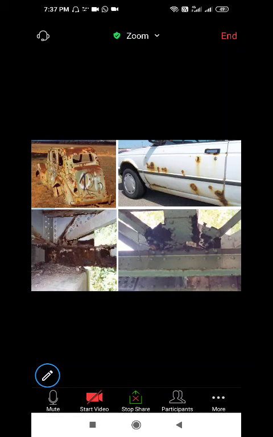The rusting of iron makes it brittle in nature. Otherwise, iron is considered one of the strongest and toughest materials ever, right? But rusting makes it soft and brittle. We can break it and cut it very easily once it gets rusted, right? So if rusting happens on things like bridges, it can cause a lot of damage to human life as well, and we don't want that to happen.